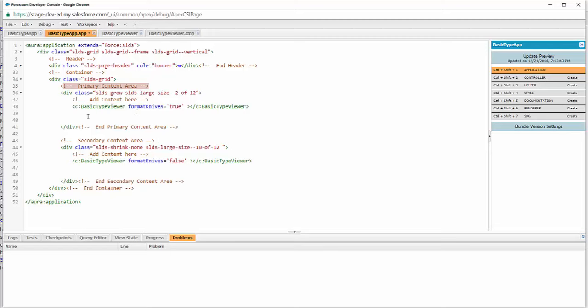On the left-hand side of my template, I'm going to create a component of the basic viewer type, and I'm going to pass in true to the value format knives. All right, cool. That's pretty easy, right? We just did all this work just to do that. And then on the right-hand side of the screen, I'm going to instantiate a component basic type viewer. And the value is now, I'm going to pass in false. So let's see what this does for us. I'm going to do a save all,